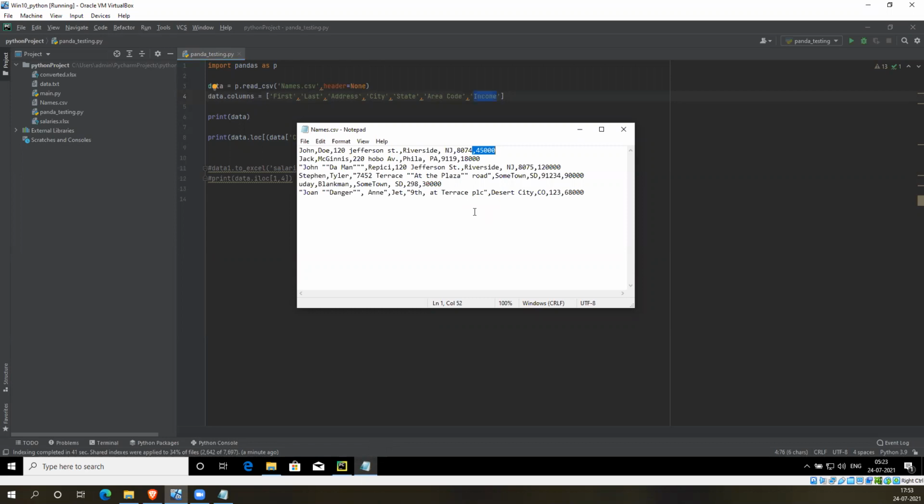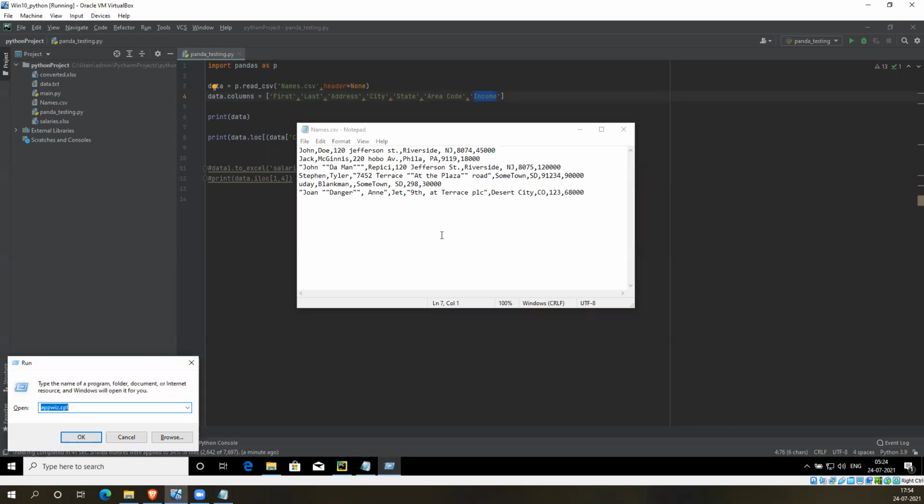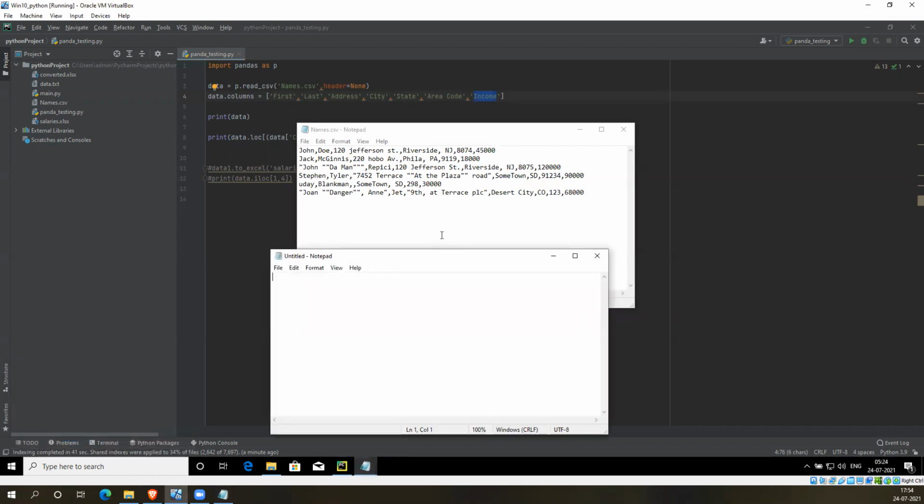I will keep 15%, and less than 40,000 I'll keep 20%, and something like that. Okay, so let me just correlate these things. I'll keep 3 slabs for simplicity.